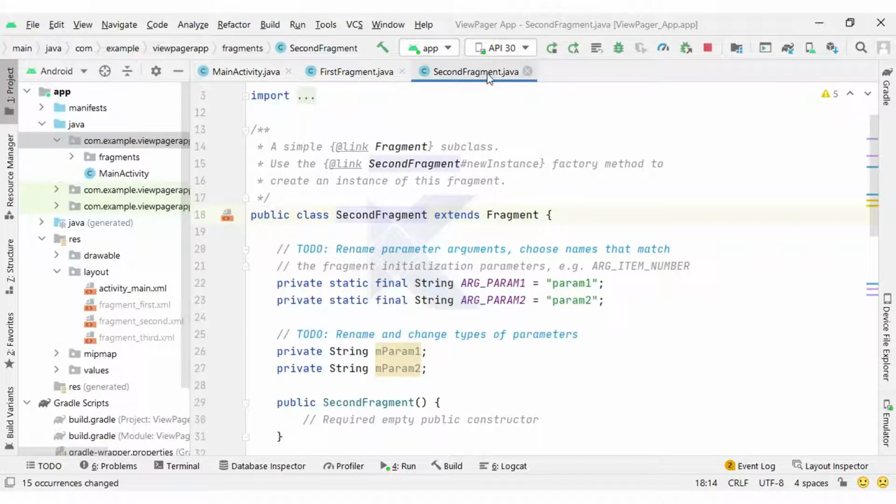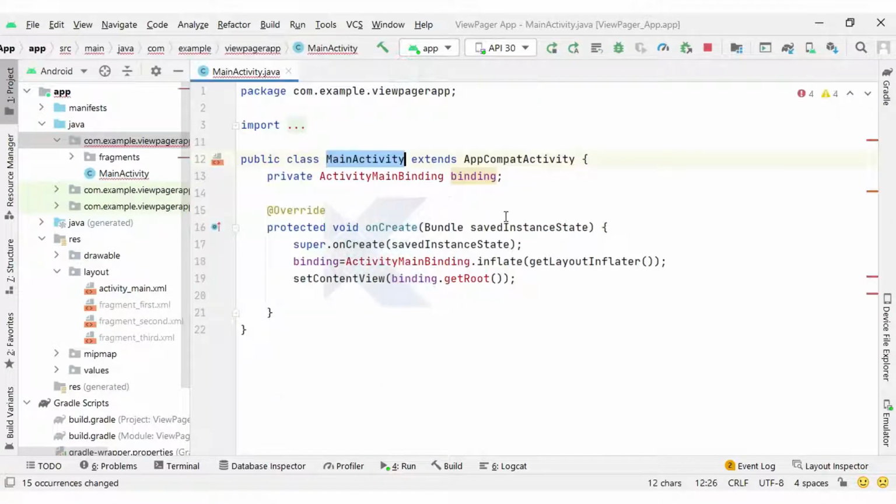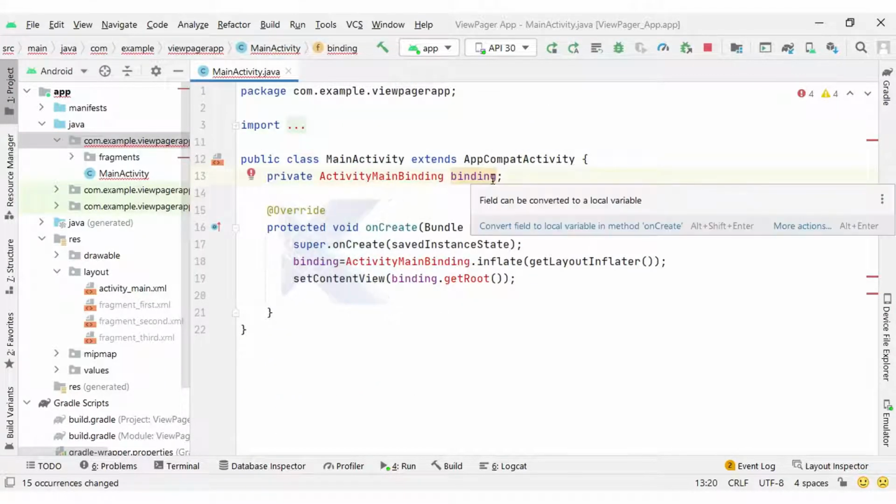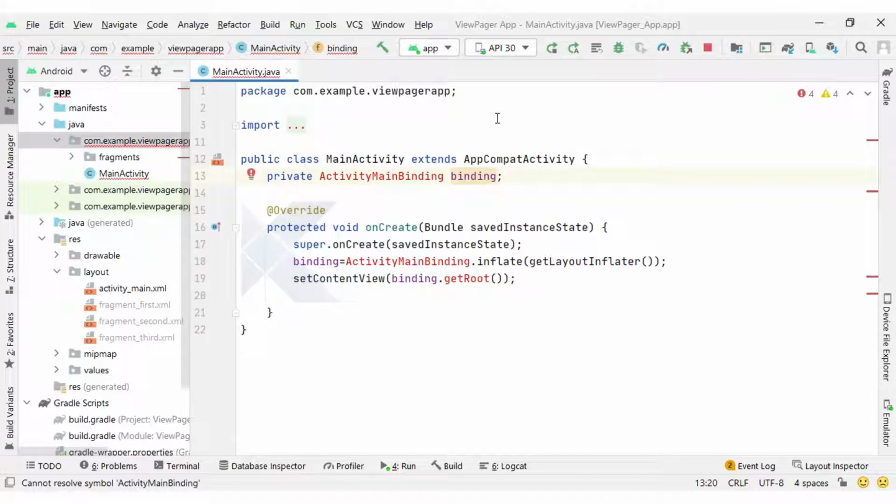Next we need to create the list of fragments, like in a RecyclerView we have a list of users or list of data. Right, here in ViewPager we have the list of fragments that we need, and we will pass that list to our adapter. So how can we create the adapter?